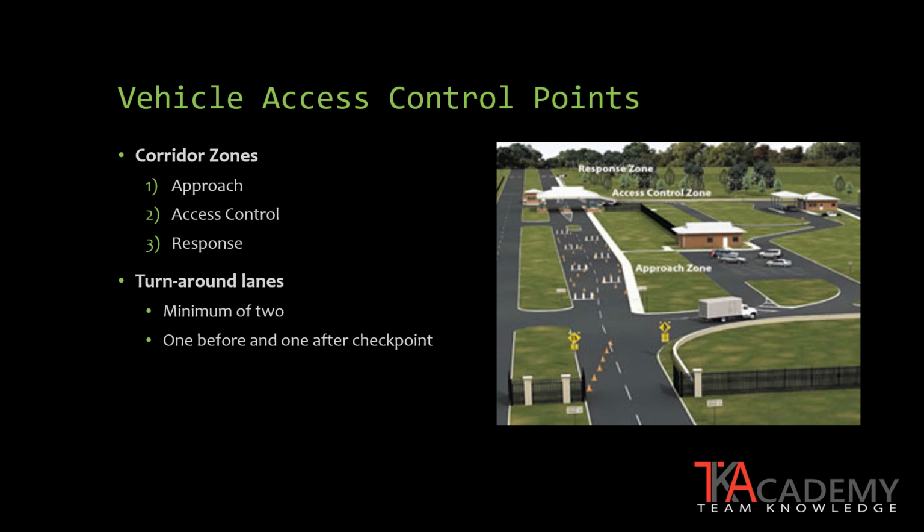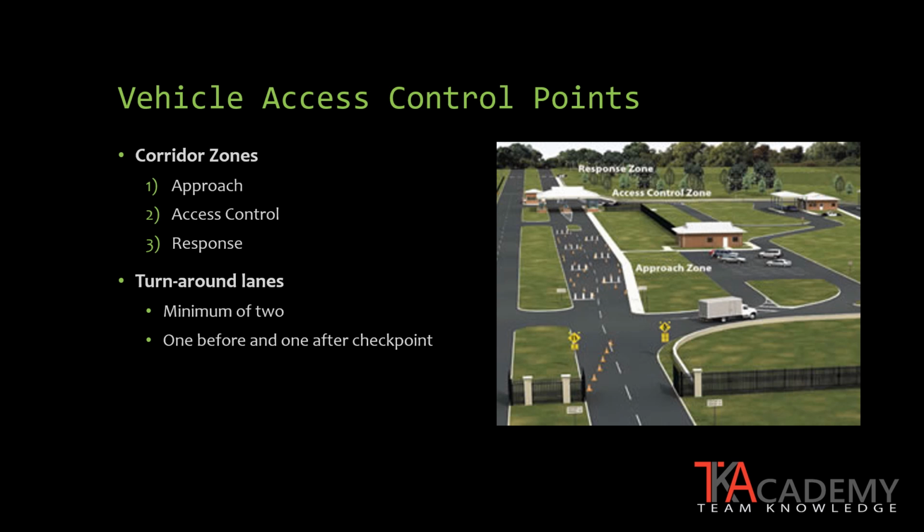This is so that anyone who has taken a wrong turn approaching the access control zone and realizes it can self-reject or turn around and go the other way before they get to the checkpoint. The other one is just past the checkpoint, for someone who has been rejected based upon not having any proper authorization or clearance. The security personnel can have them turn around and go out the other direction rather than being granted access to the site.